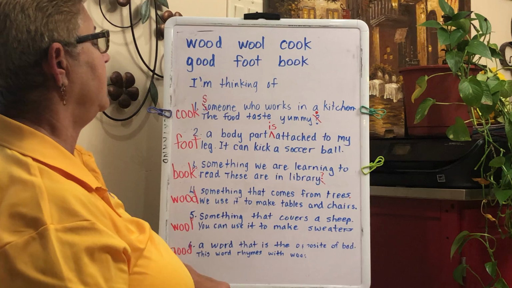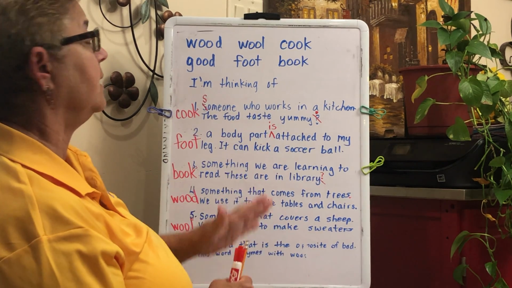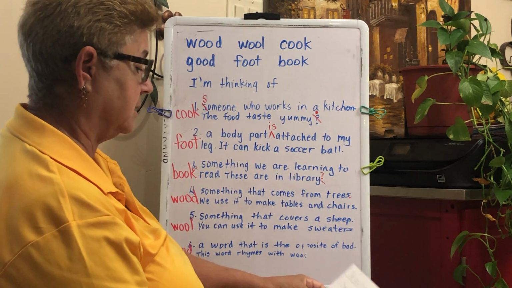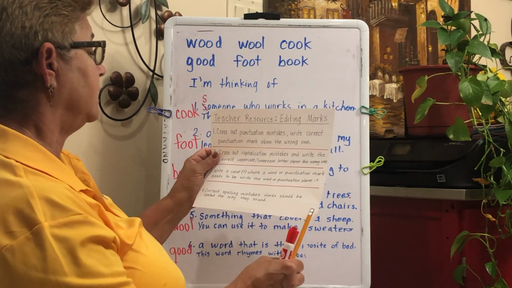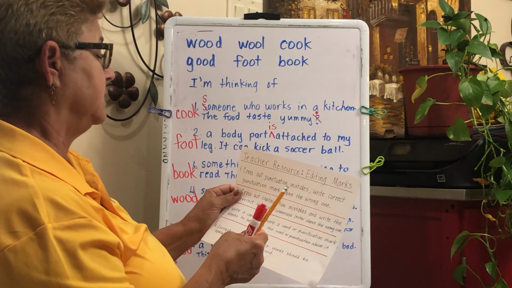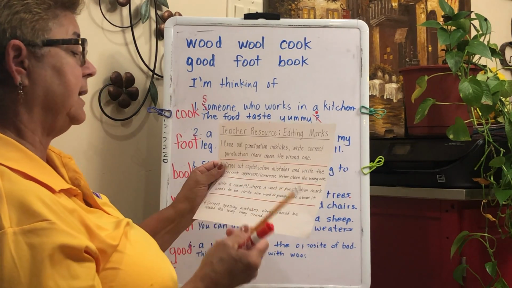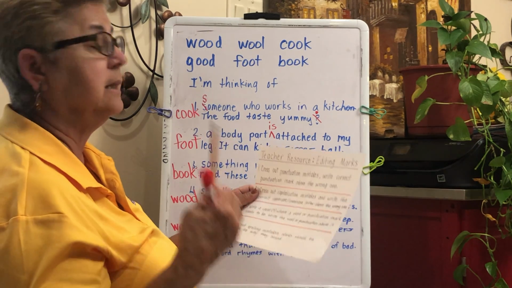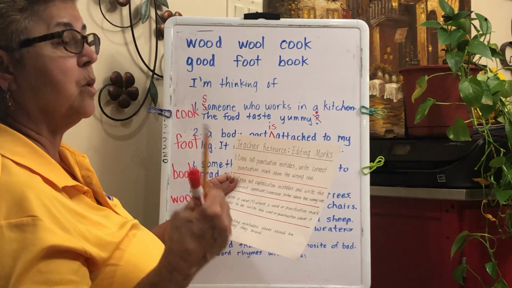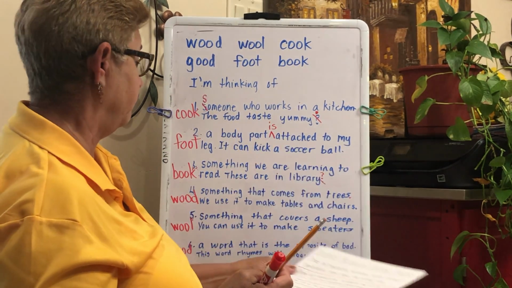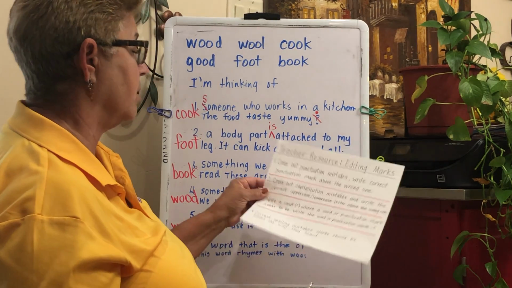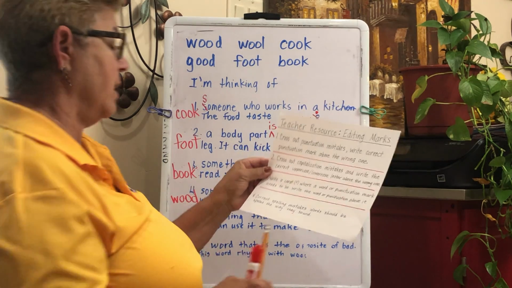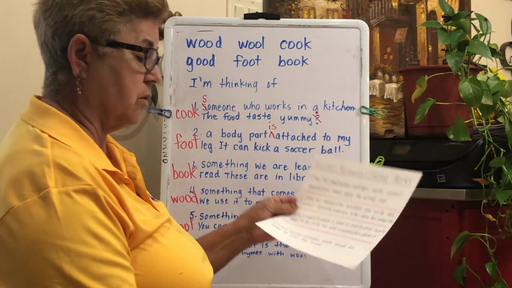So you can see what the corrections are, and then when you write it over, you would write it with the corrections. And again, look for misspelled words. But when you're writing it and it's misspelled, but it's spelled the way it sounds, that's okay, because then we will know what word it was supposed to be. So these are good ideas to help when you are editing your work.